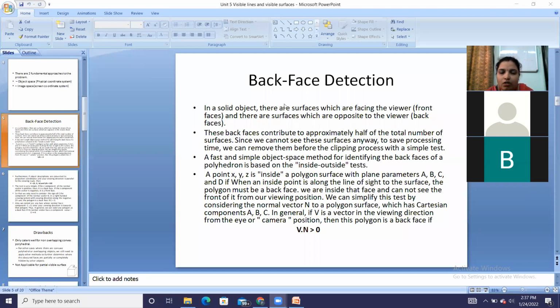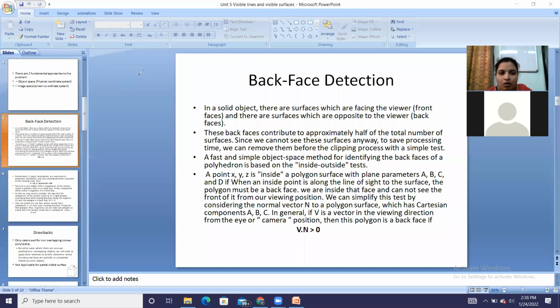or backface removal. So what does this algorithm tell? It has 3 steps. The first step is it will detect whether the point we are going to consider is inside or outside. First, it is going to draw a normal to the surface, and by checking the direction of the normal and the direction of the viewer, it will decide whether that face is visible or not,